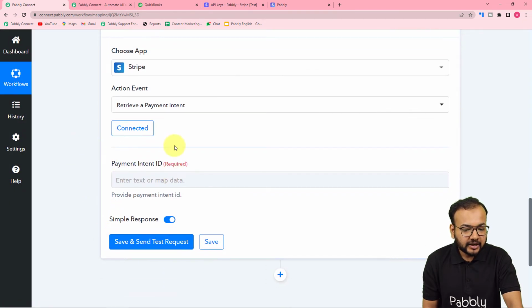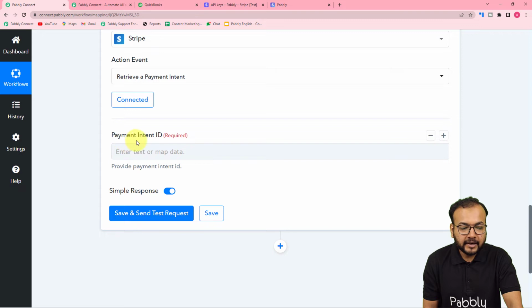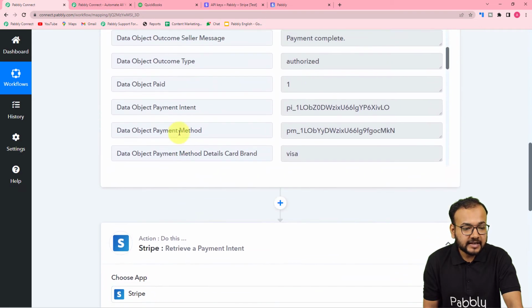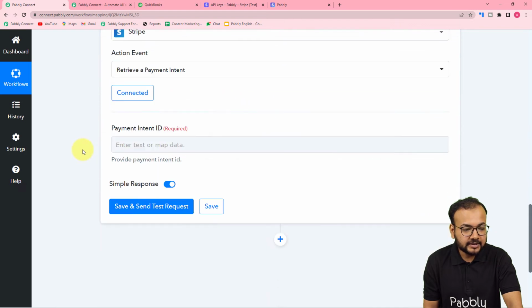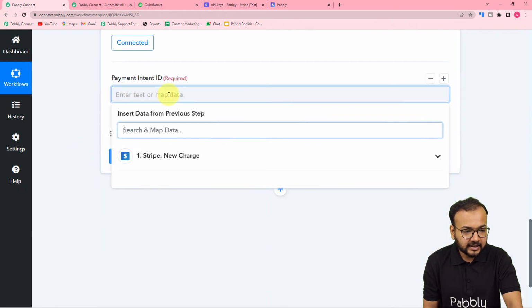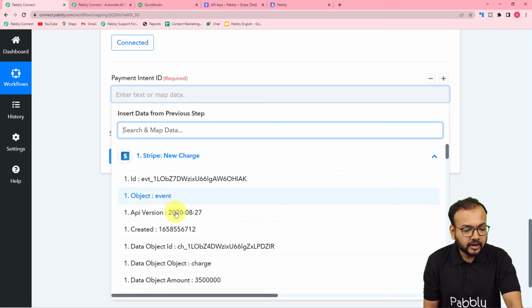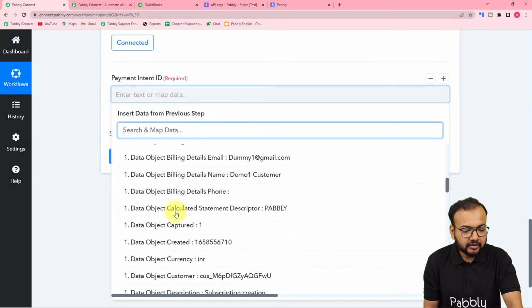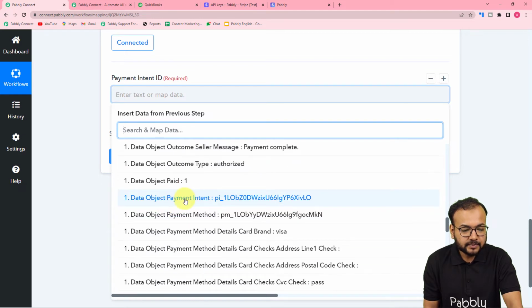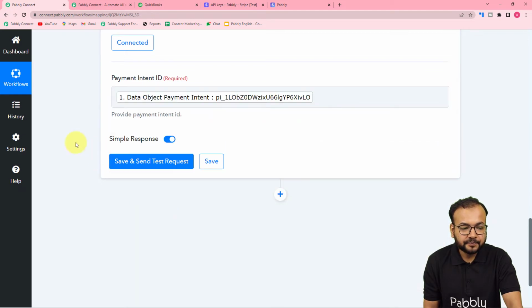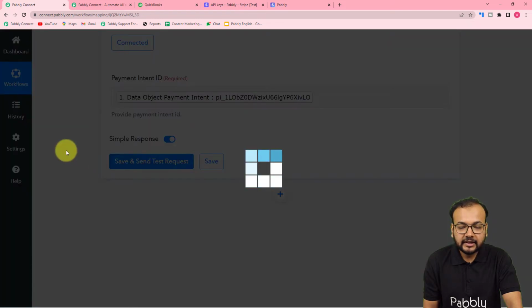Okay, so we are connected, and here it is asking for the payment intent ID. So we have received this ID here in this label. So I'm going to map this intent label here in this field. To map the data, just click here and it will show you this Stripe option in the drop down, and when you click on it, you will find all the data that you have received in the first tab, and from here just map this payment intent label like this. Then click on save and send test request,